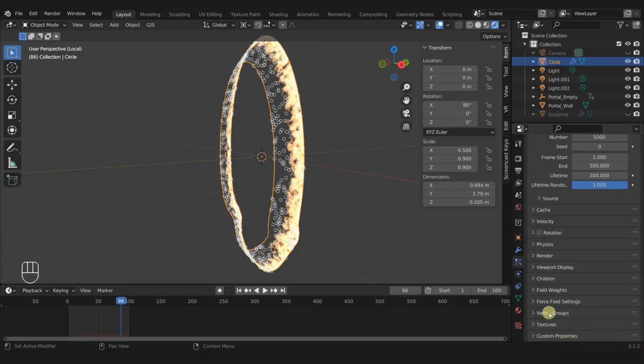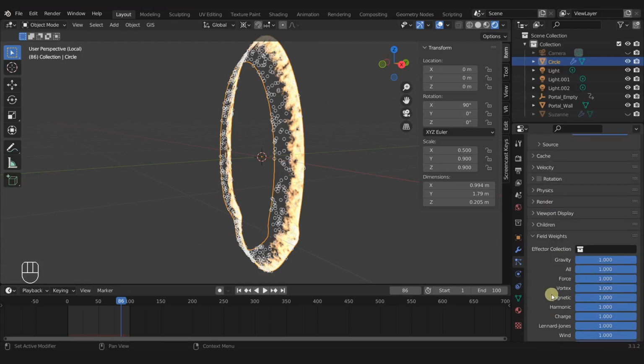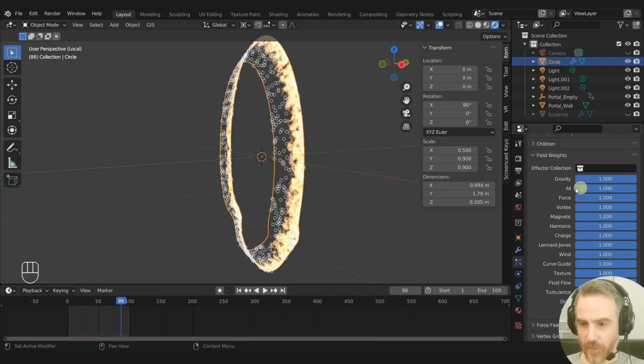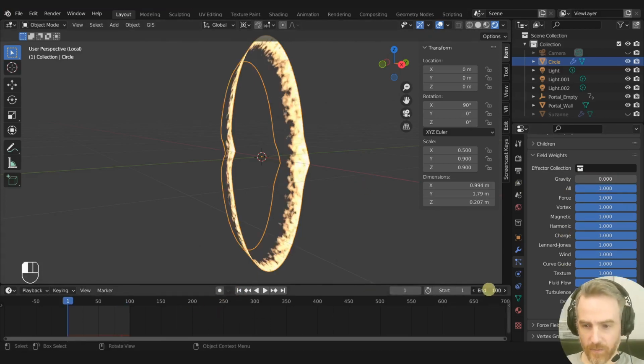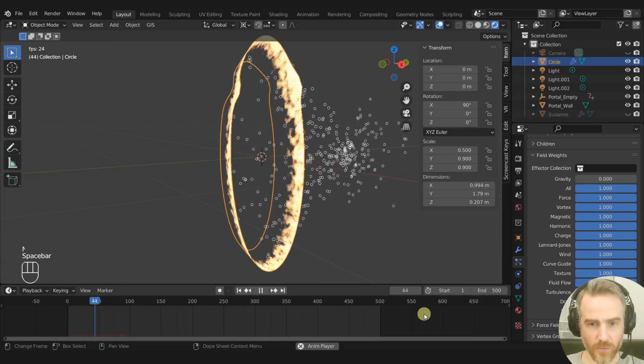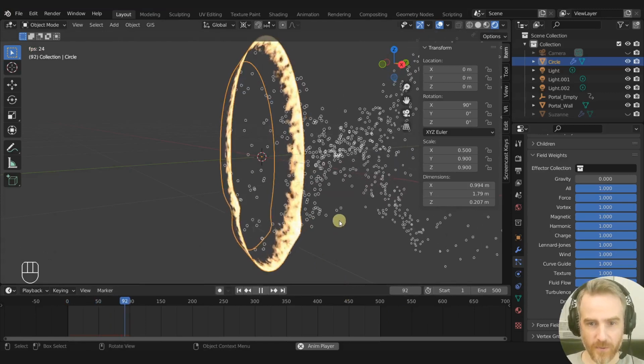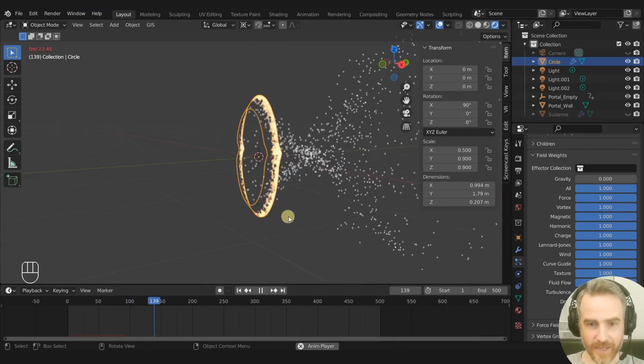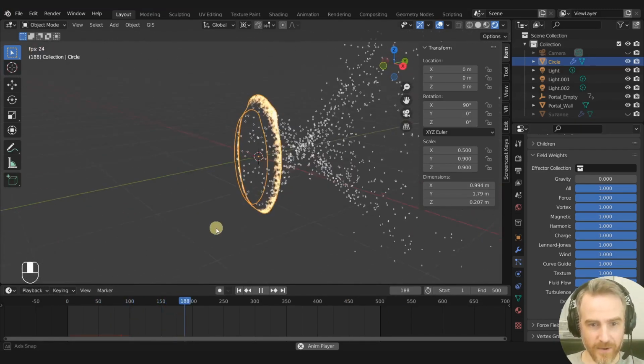Let's go now all the way down to field weights. You can see we have a whole bunch of different things that might affect our particles, like gravity, force, magnetism, wind. We're going to turn the gravity all the way down for now. Go back to the beginning. Oh, I thought this was at 500. There we go, 500. All right, so with the gravity, they're not falling down, but they are kind of just